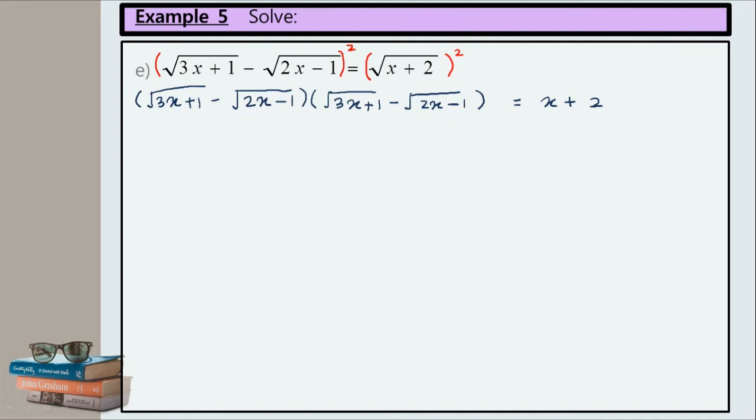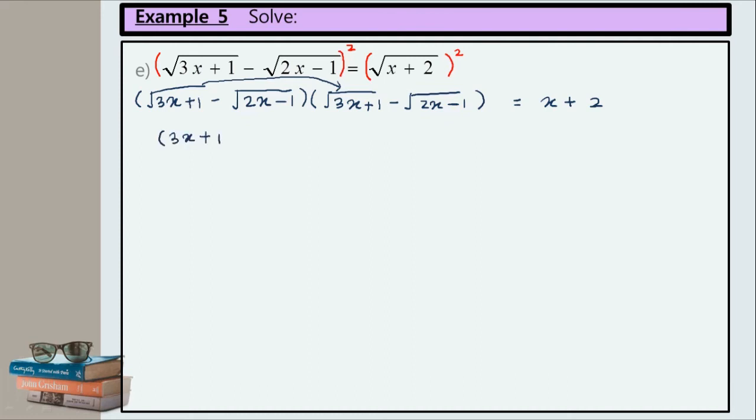Yang belah kiri ni, okay, dia nampak panjang sikit, so we need to expand carefully. Okay, so √(3x plus 1) multiply with √(3x plus 1), √ yang sama sebiji, so hilanglah √, we